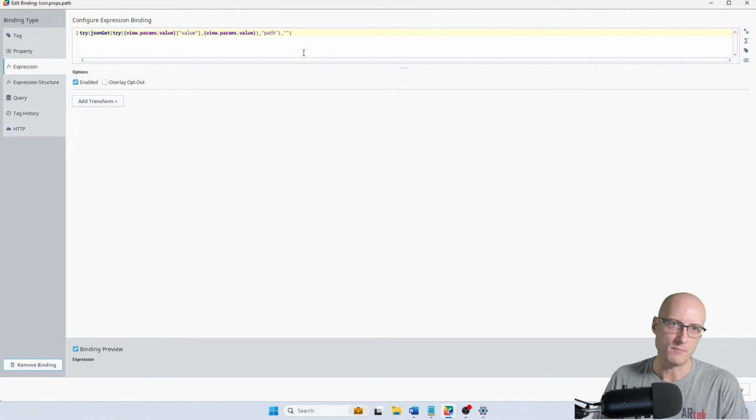So on my actual icon, the checkbox is an icon. I have my path parameter set up like this. So I'm trying to get out of a JSON object my path property. This looks a little bit cumbersome. It's, again, something that's kind of a holdover from